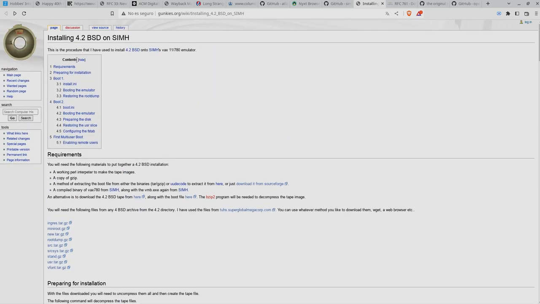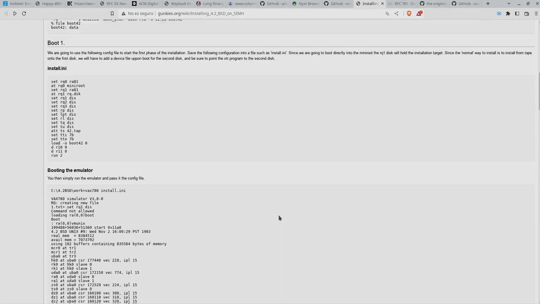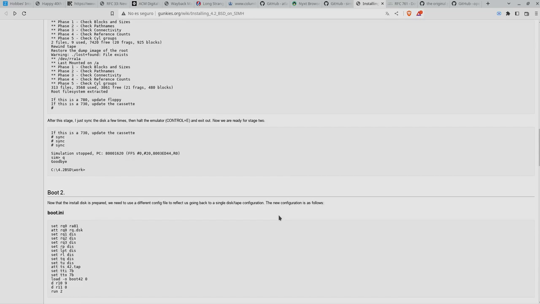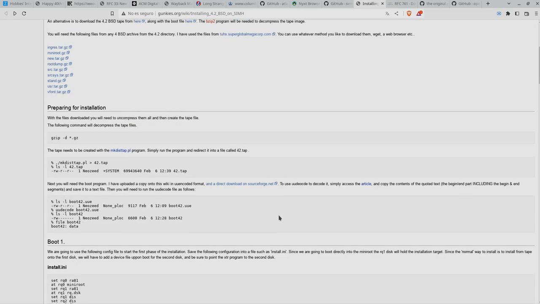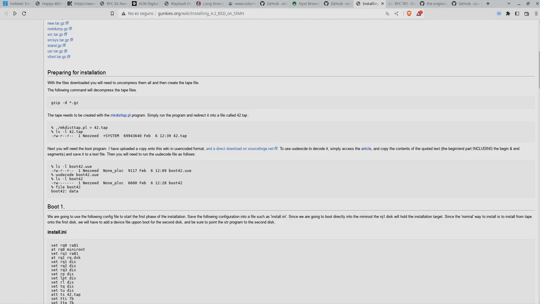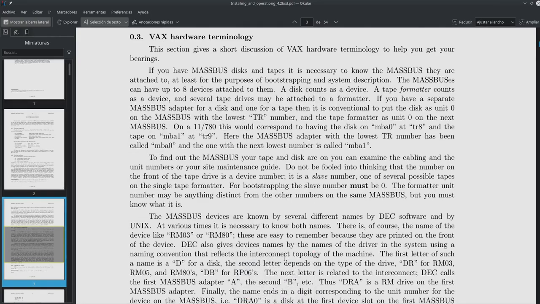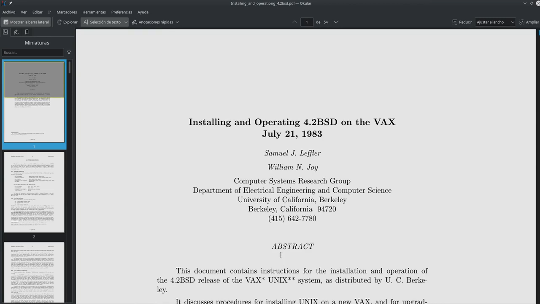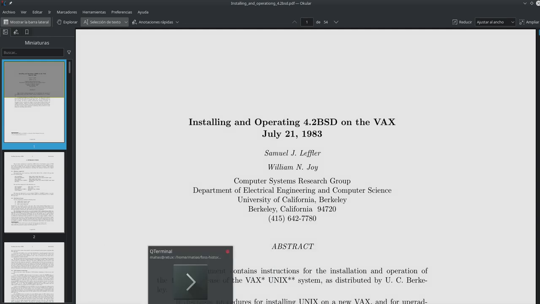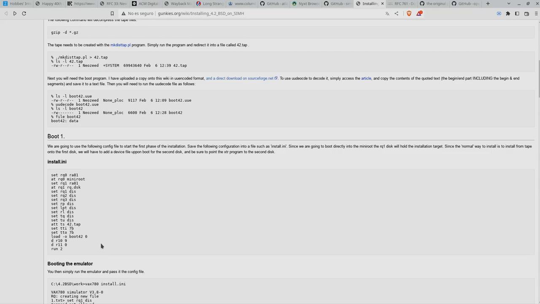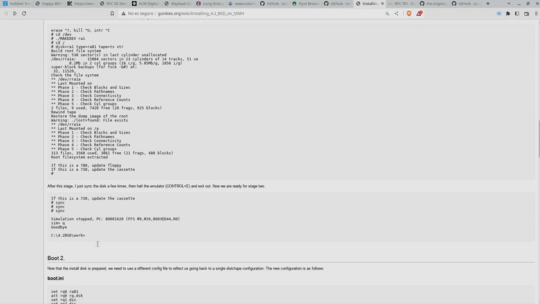Well, actually following this recipe from this site, I'll put it in the video description, and it is basically a recipe for installing 4.2 BSD. If we go back to the original BSD manual that was written by Bill Joy in 1983, it basically described pretty much the same steps we are currently doing in order to run the system on SimH.